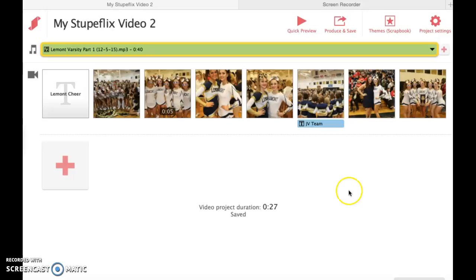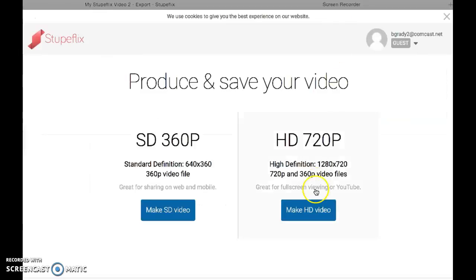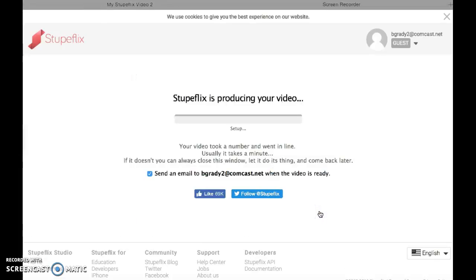Once your music has been uploaded, you will see it at the top up here in the green, and then you are all set to go. Again, you can always make any edits that you would like even after you produce the video, but our last step would just be to select this Produce and Save up in the top right. I always choose to do it as an HD video just for better quality purposes,